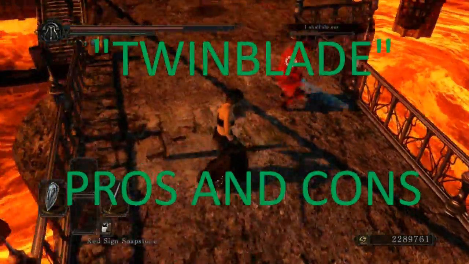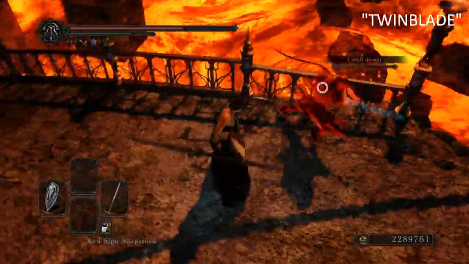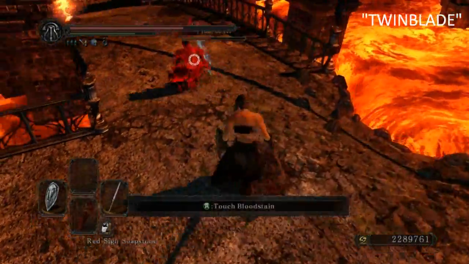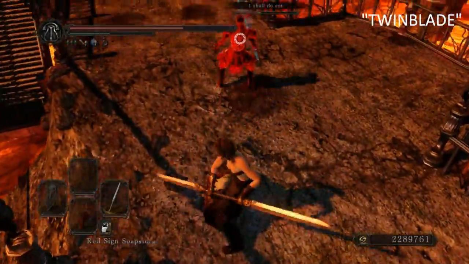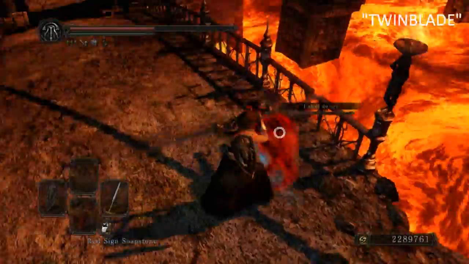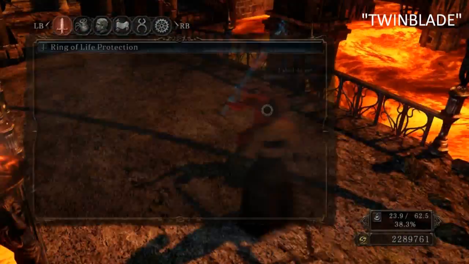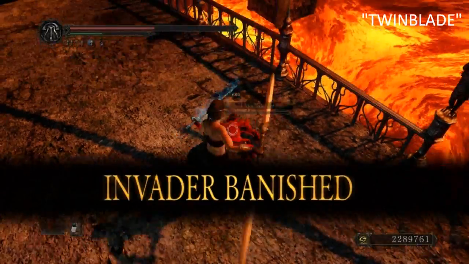So the normal Twinblade is a really good weapon. To go to the pros, it is the lightest of all Twinblades, and it has the lowest strength requirements, which makes it good for use in low levels and in low level PvP, or if you want to min-max a bit. It has the good Twinblade moveset, which all Twinblades have except for the red Iron Twinblade, and it is fashion. It is really fashion souls,